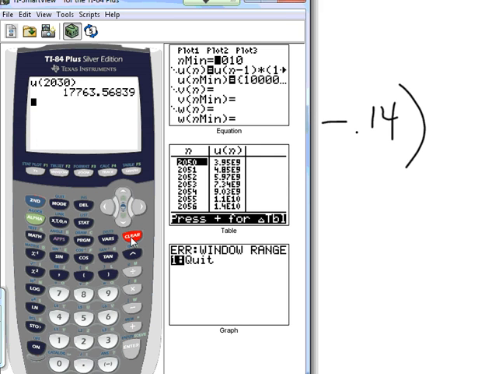I'd quit out, clear this, and go U, which is right above the 7, sub 2014. Some of you might have used the chart. That would work, but then you have to set the table settings so the chart starts in the year 2014. Otherwise, you'll be hitting the down arrow 5,000 times to get your answer. There we go. Your 1 million has now grown to 2.28 million. So almost 2,300,000.